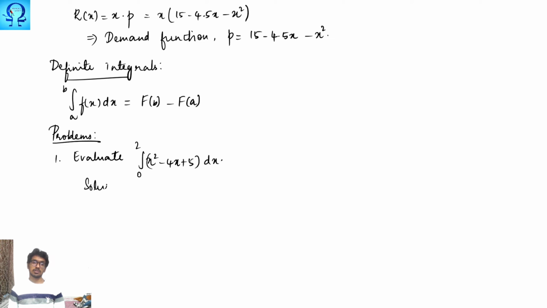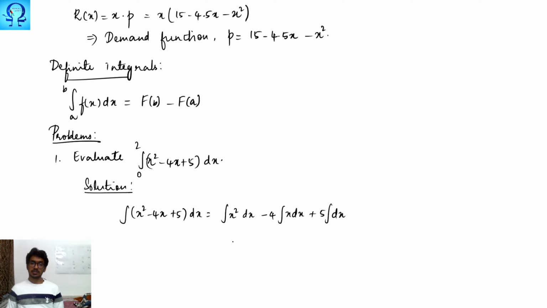So the solution: integral 0 to 2 of x squared minus 4x plus 5 dx. First of all, find your integral. This is integral x squared dx minus 4 times integral x dx plus 5 times integral dx,